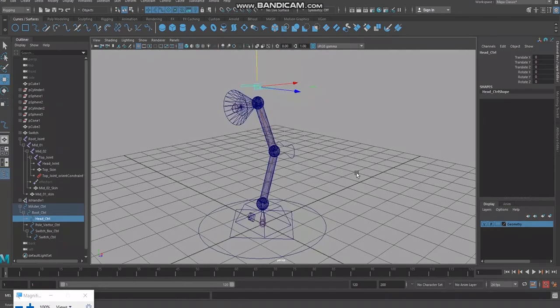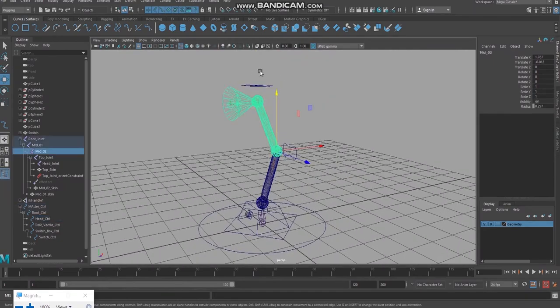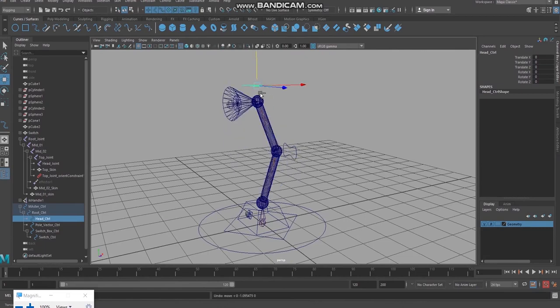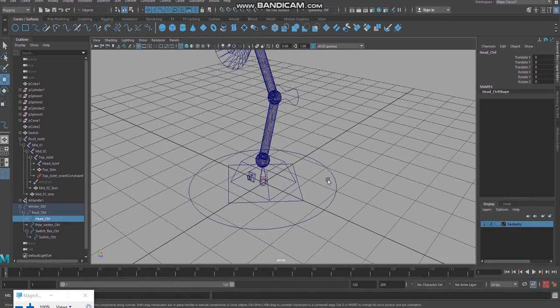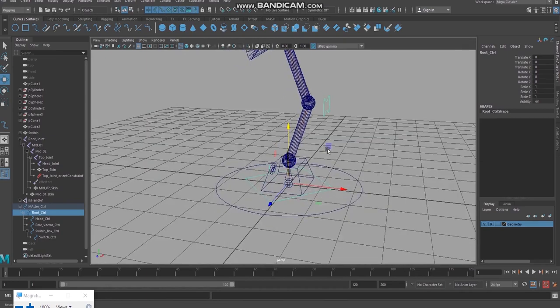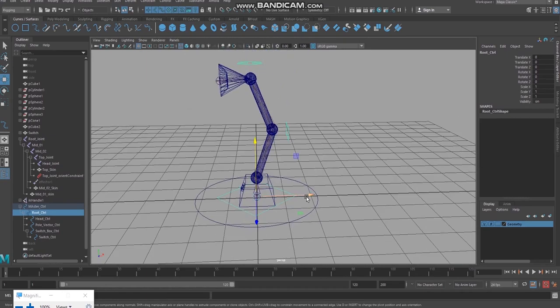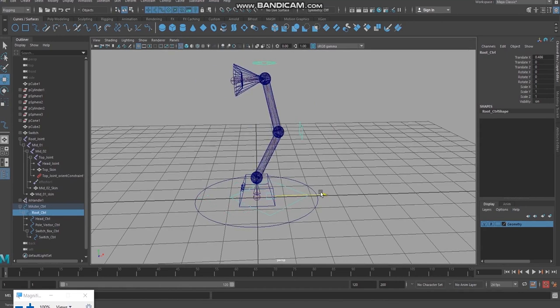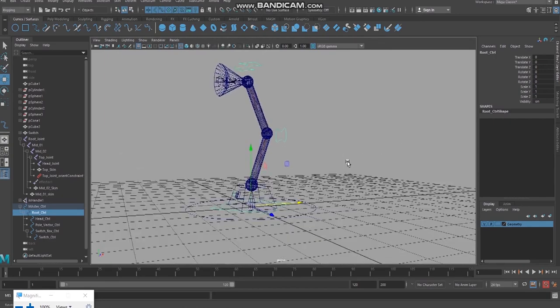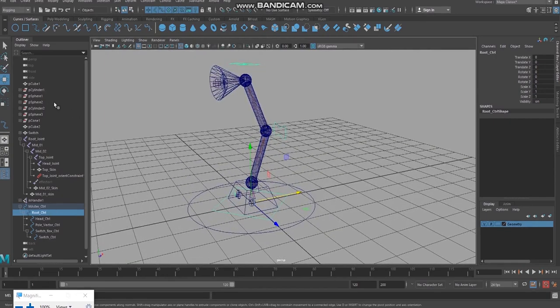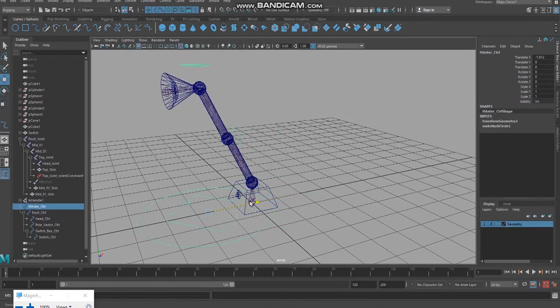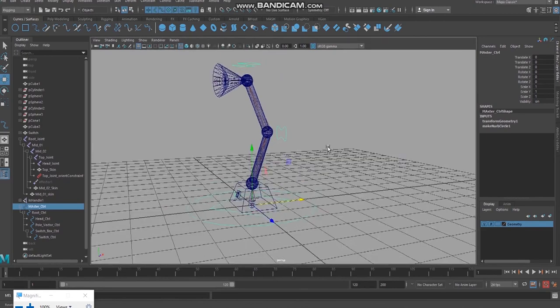Then what is missing is, it is not missing, what we need to do yet. Again, this control we can move it, but see, the skin is not coming along with the base control. So for that we need to rework the hierarchy again. We need to rearrange the things in the hierarchy, right? See how to rearrange the things in the hierarchy.